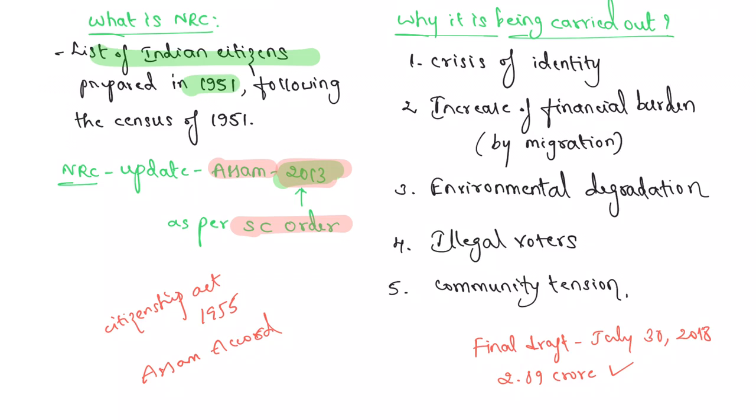There was a crisis of identity in the first place. That is, the influx of immigrants has created a crisis of identity among the indigenous people. The locals fear that their cultural survival will be affected, and their political control also weakened. Employment opportunities also went down.